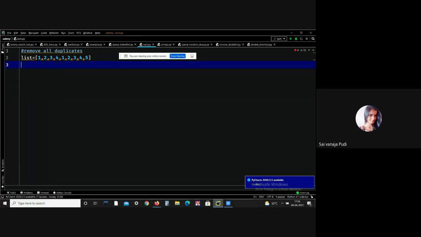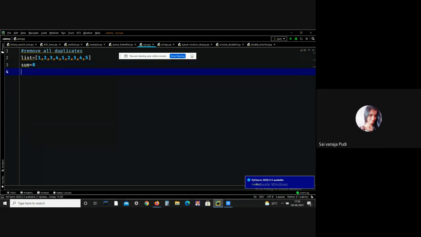See, here I have the list 1 2 3 4 and 1 2 3 4 5. I just want to add all the elements. Using the sum method also you will get this sum, but here we have another method, that is a for loop. Using a for loop also we will get the output.